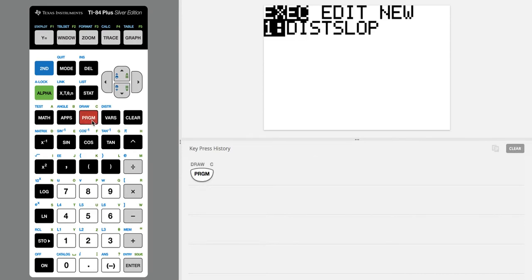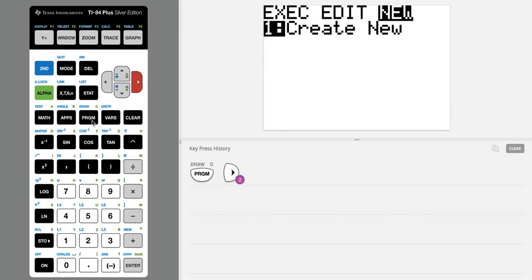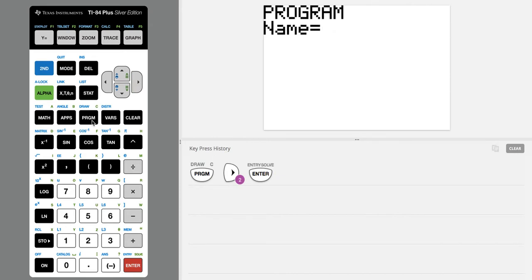PRGM, right here in the center of your calculator. And you'll want to tab right over to Create New and press Enter. Now we want to name our program. I personally named mine Dist for distance and then Slope for slope. So you can see these letters above each key. So I'm going to find D-I-S-T